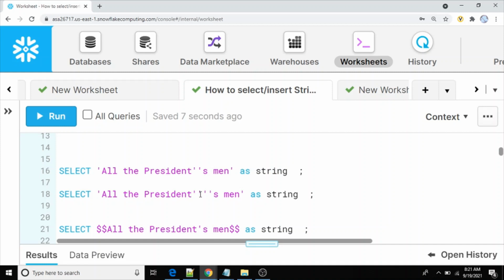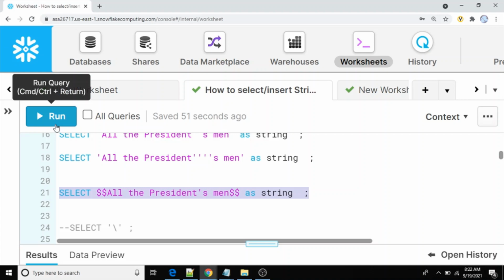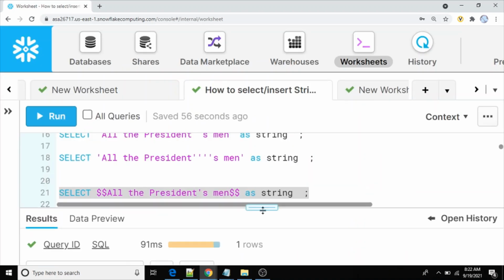So instead of that, in Snowflake what we can do is use a dollar sign. You can keep your string between a starting dollar and an ending dollar. So now let me run the same select statement without using these multiple escapes. Let me execute the dollar version with the same query, with one single quote only.